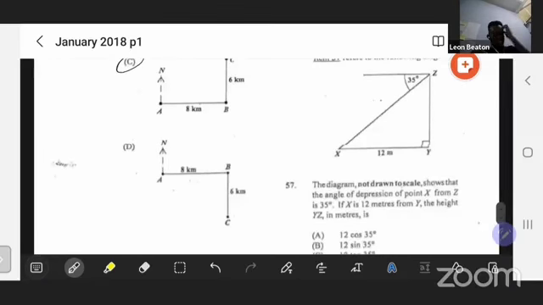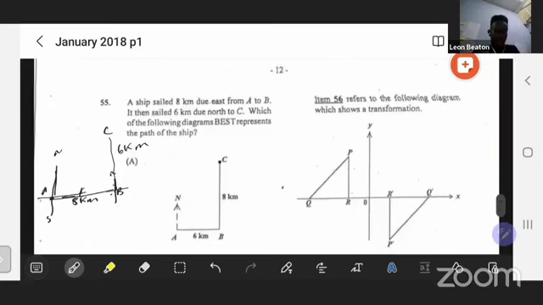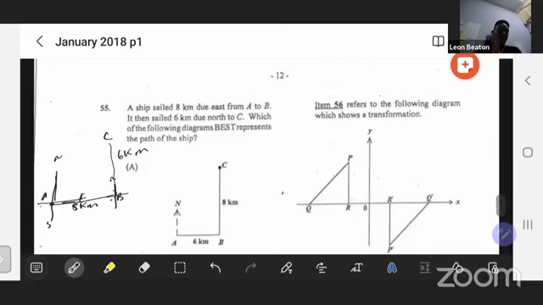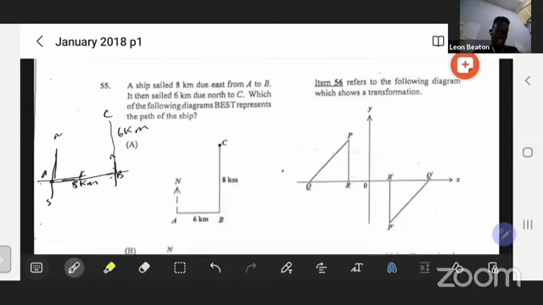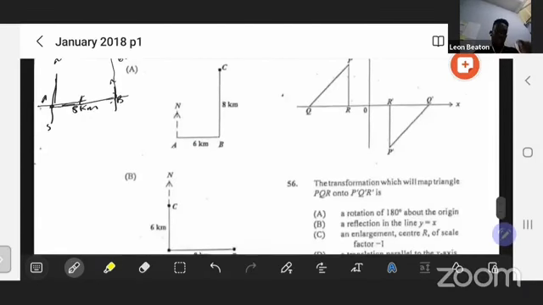So item 56 refers us to the following diagram, which shows a transformation. So we've got different transformations. We've got reflection, we've got enlargement, we've got rotation. I feel like I missed one. Oh, translation. So let's see, the question says the transformation which will map the triangle PQR, which is this triangle here,